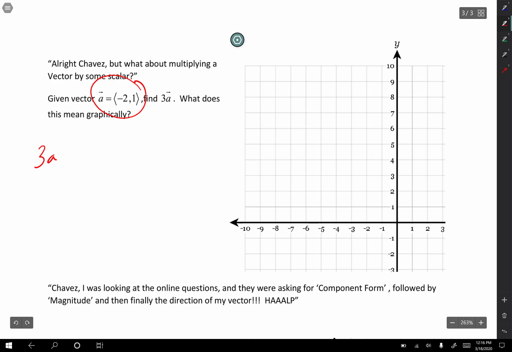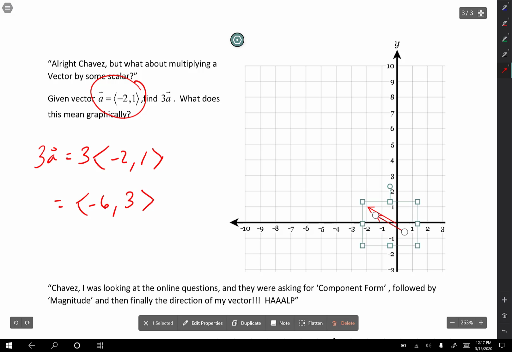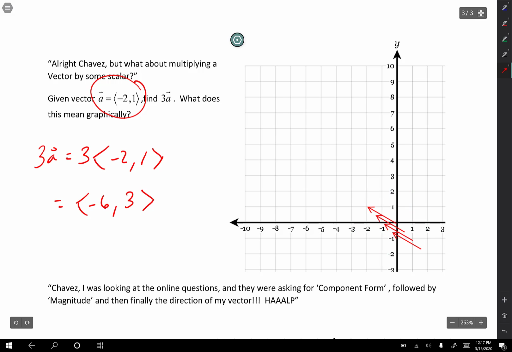So 3A just means 3 times -2, 1. When I multiply that by 3, 3 times -2 is -6, and 3 times 1 is 3. So that's where it's going to terminate. That's all it means. Let me see if I can draw this for you guys so you can see what I mean. Negative 2, 1 looks like so. And if I duplicate this 3 times, duplicate, duplicate, duplicate, and I add them,